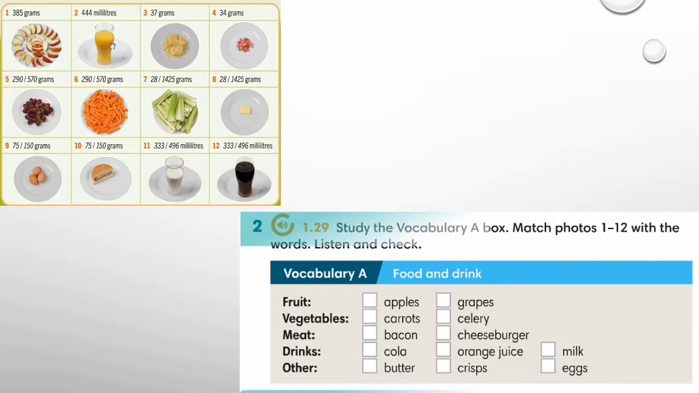Okay, have you done numbering the foods? Okay, very good. Here are the answers. Apples number 1, grapes number 5, carrots number 6, celery number 7, bacon number 4, cheeseburger number 10, cola number 12, orange juice number 2, milk number 11, butter number 8, crisps number 3, and eggs number 9. Good. Next,